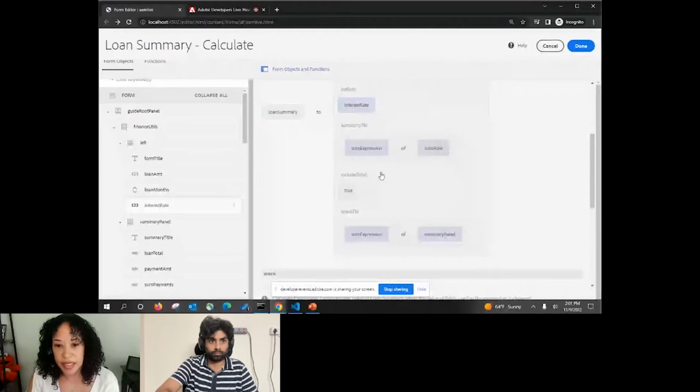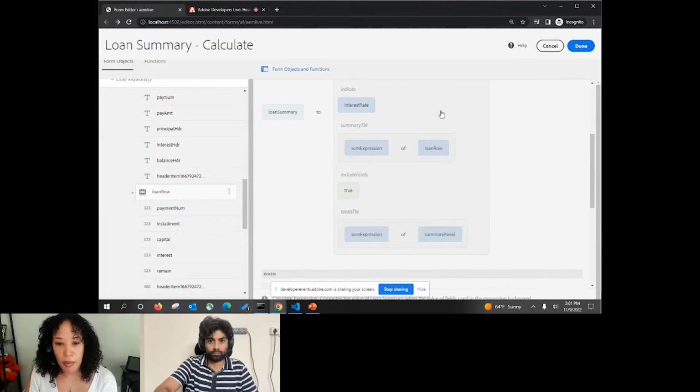To populate the dynamic table, to create that amortization schedule, what I'm doing here is getting the SOM expression of this loan row. I'm doing that because that allows me to use this function on any repeatable table or repeatable subform, as long as the fields defined within it are the same, like the payment number, installment, and capital.